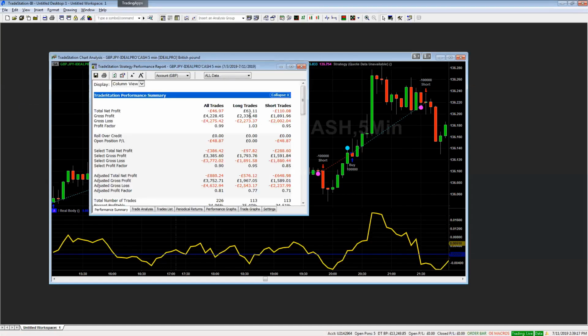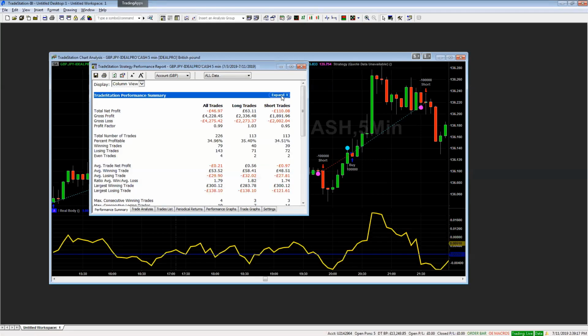All right, and here it is. Let me collapse. Okay, definitely this is not a winning strategy. We see that we lost about 46 British pounds. This is using British pounds. You can change it to any of the 2 currencies that make up the pair. But you can see how it generated a profit of